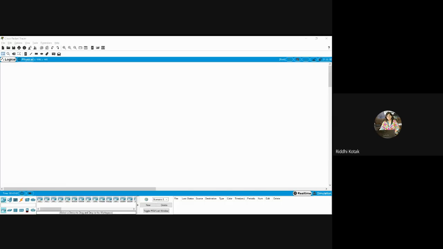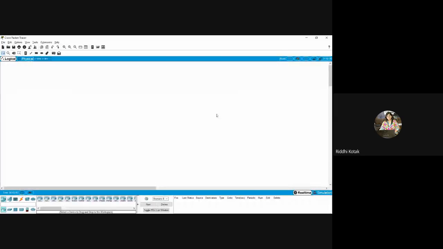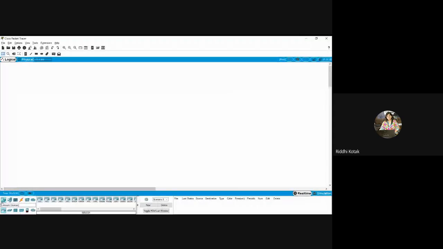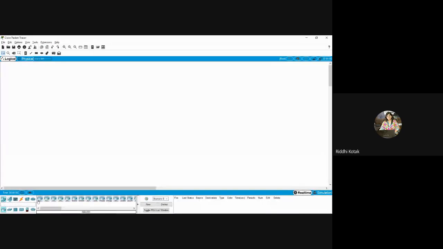Okay, now let me start with an introduction on how you can use Cisco Packet Tracer, right? So the first thing is we will start with the bottom part. Over here, a number of devices are listed. Say for example, I click on the first, it will give me the option of routers. A router is a device which is used to define routes of packets in a network.